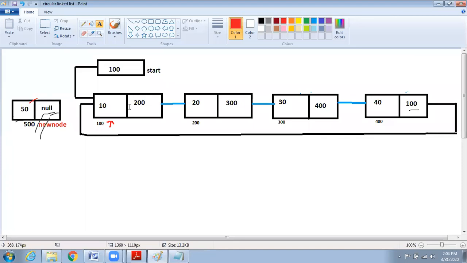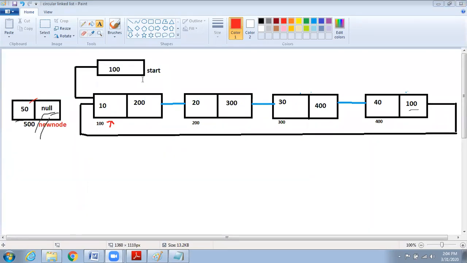But here, how will you check whether you reached the last node? That node's next should be equal to the first node. Exactly. Last node's next should be the start node. It means you reached the last node.